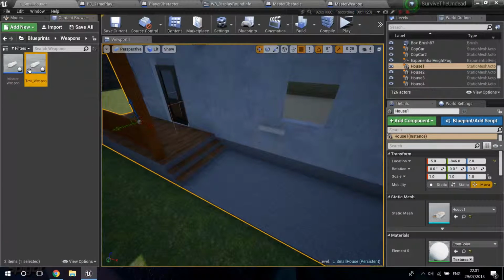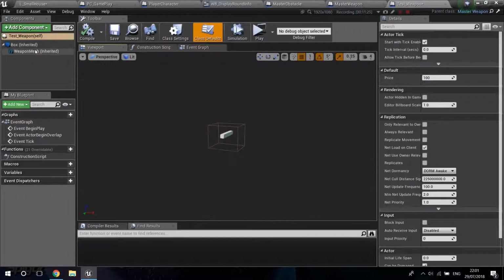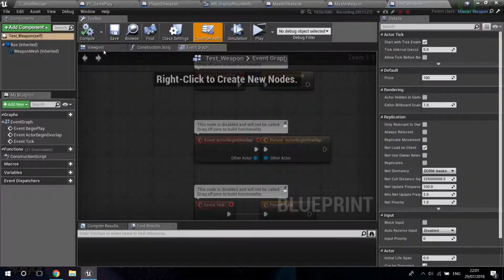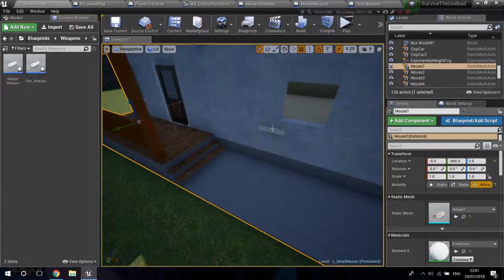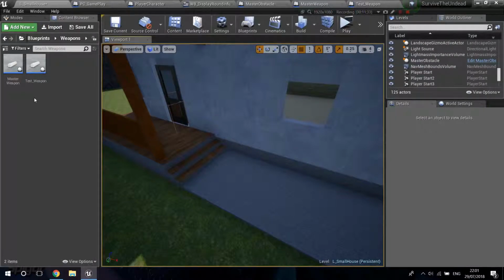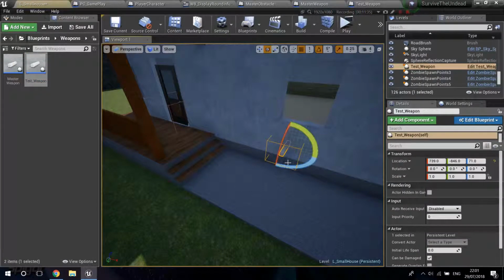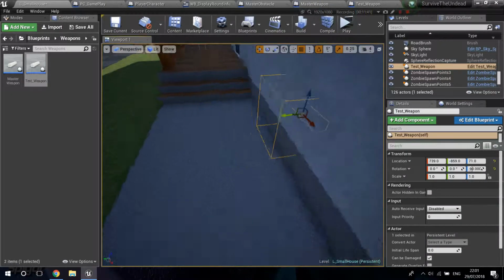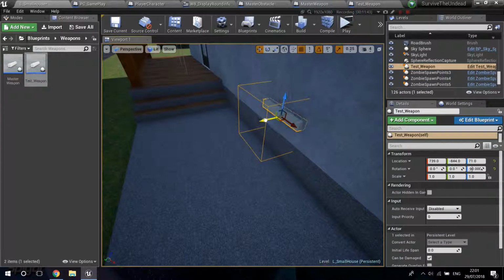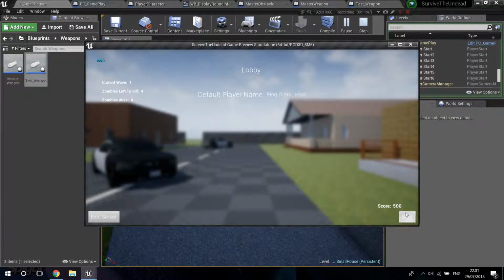So we have another reference, and basically we can leave the same thing. You can see that the mesh is the same. And we can just take out this one and drag in our test weapon. It's going to be the same thing visually, but in the code you'll see the difference. Let me drag this out. There you go. So if we play now and start,